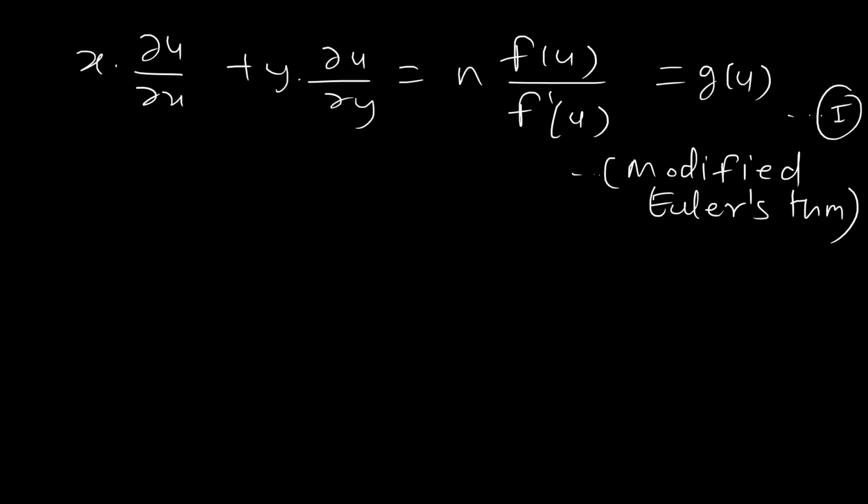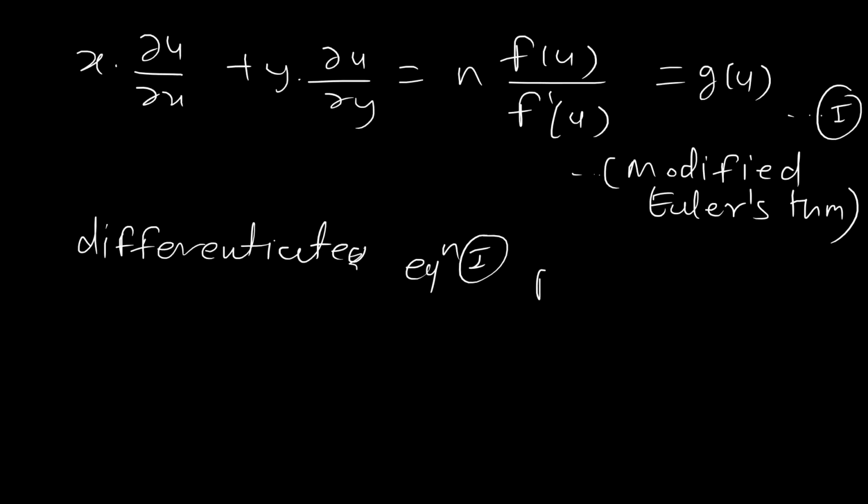And this we got from modified Euler's theorem. To get the required expression, we need to differentiate equation number 1 partially with respect to x and partially with respect to y separately, as we need those terms in the required expression. So firstly, let us differentiate equation 1 partially